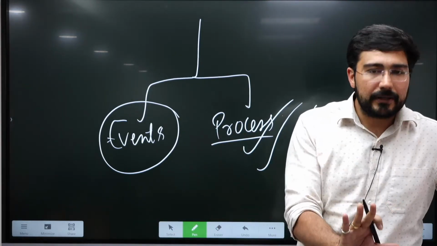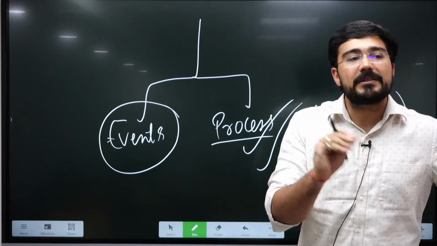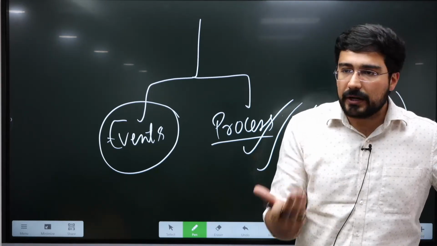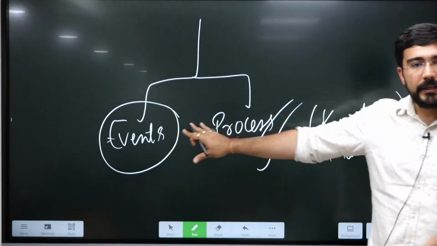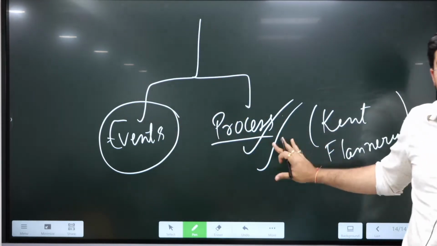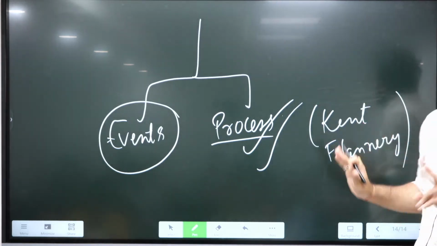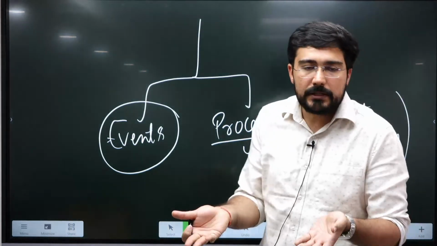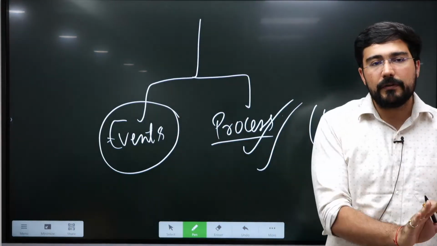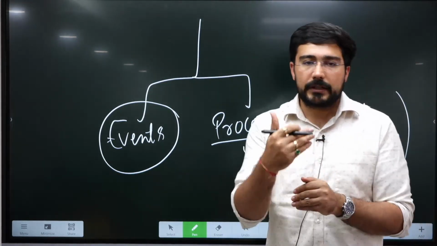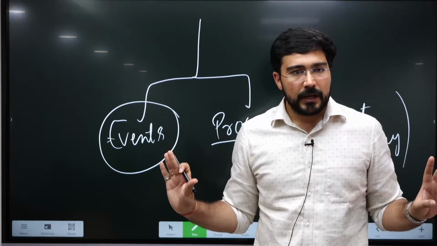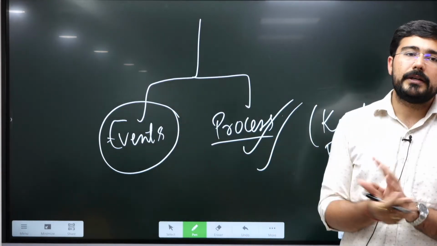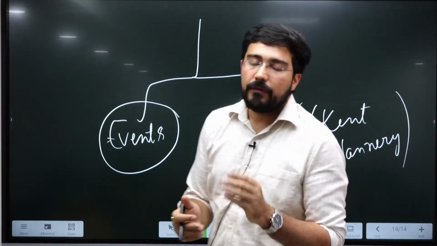नाम याद करने पड़ेंगे, बिना उसके याद नहीं होगा. कीवर्ड्स भी याद करने पड़ेंगे, अदरवाइज अच्छे आंसर्स नहीं आने वाले. ठीक है. So what we have to do, we have to say that the theory can be divided into two parts, events and process. प्रोसेस में आता है Kent Flannery, he talks about two things, negative feedback mechanism and positive feedback. Positive feedback mechanism means whenever there is interaction with human, it leads to more productivity of the resources. That's it. Okay, so these are the four theories which we have in front of us, which try to explain